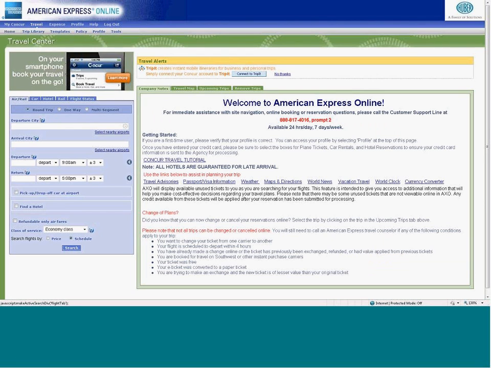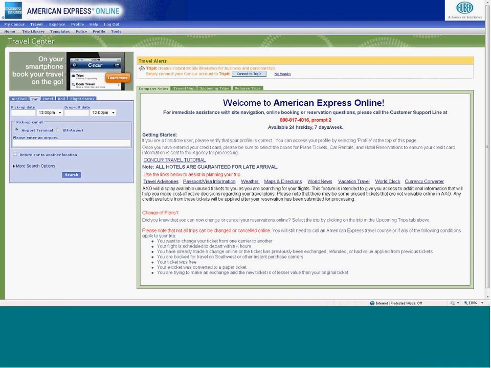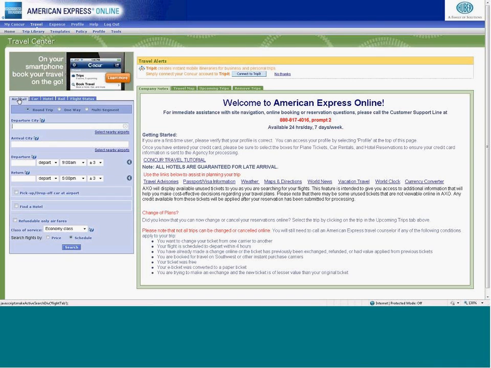Start from here. The first tab we have is the Air/Rail tab. I like it because it's an all-in-one: not only can I reserve a flight, I can rent a car and a hotel. There are going to be situations where you will only need a car or only need a hotel. In those situations, you'll click on just those tabs. But we're going to reserve all three. On the type of trip,